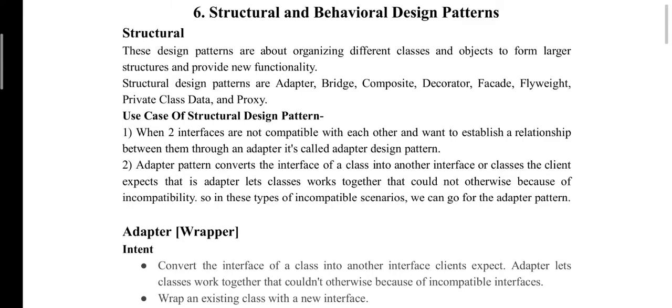As we know there are 23 different design patterns which are organized based on their purpose as well as based on their scope. So what is the purpose? That means in which type this different design pattern comes. There are three different types: creational, structural and behavioral. So this 23 design patterns come under which type? Okay, that is nothing but a purpose.